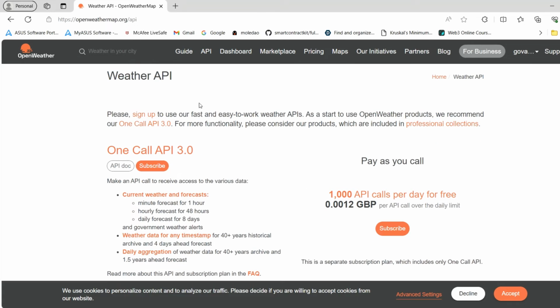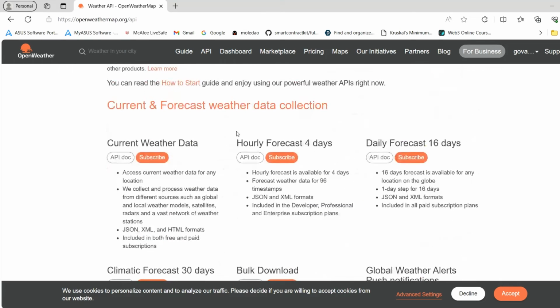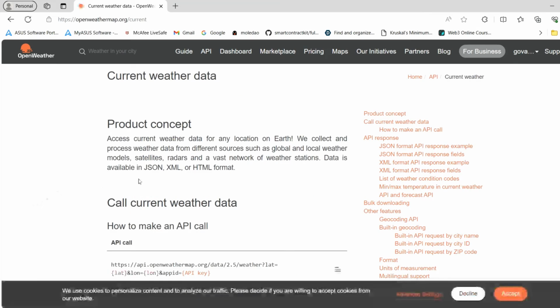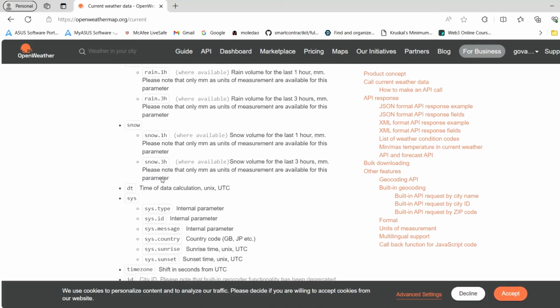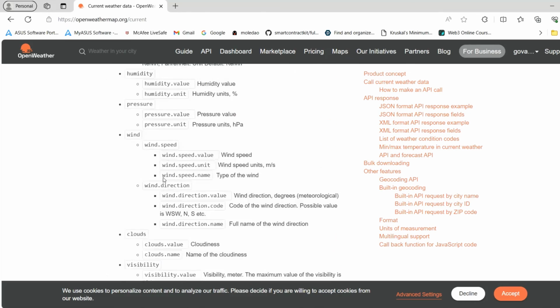After creating the account, we have to go to the API option. In this API option we have to choose current weather data. So I am opening this API doc. Below this current weather data, please make sure to go here, guys, API doc, and here we have the URL for getting the weather details.